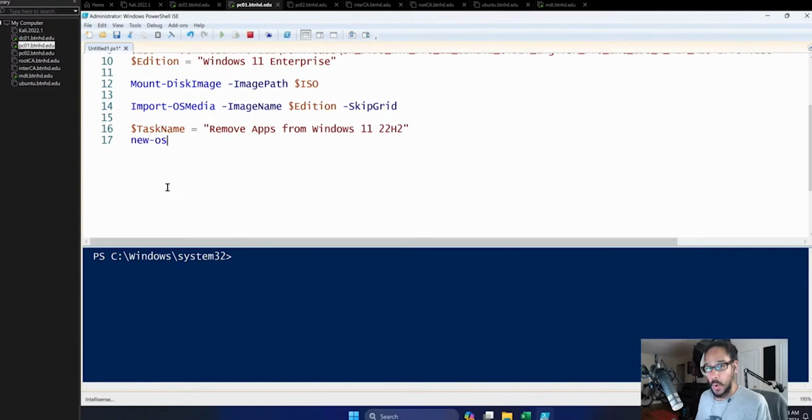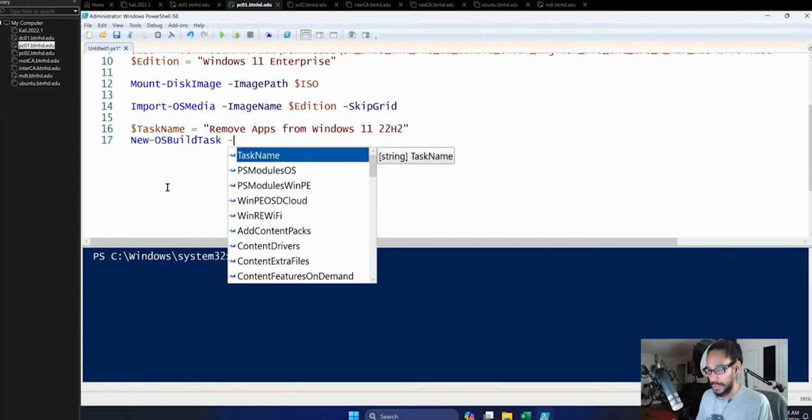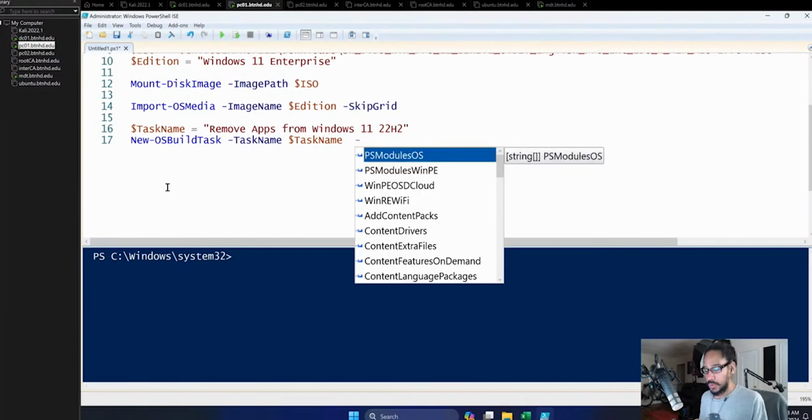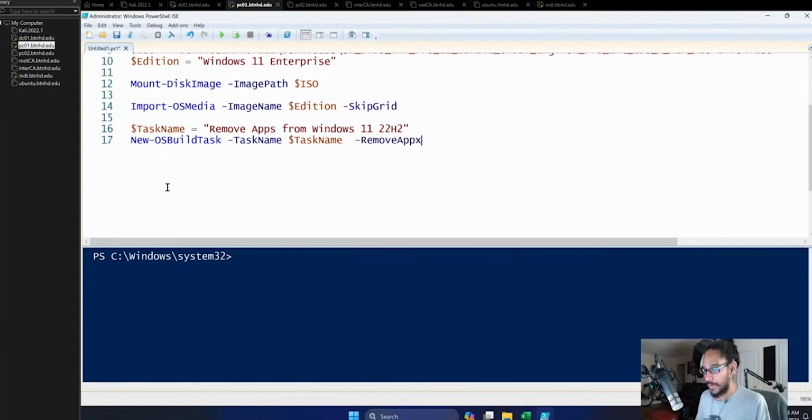New-OSBuildTask. And we are going to use the switch of -TaskName. The task name is what we created in line 16. So TaskName, that's the reason why I created that variable. Bingo. And then we are going to do another switch of -RemoveApps.